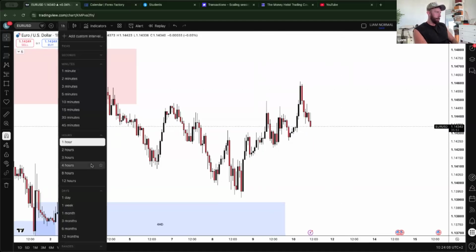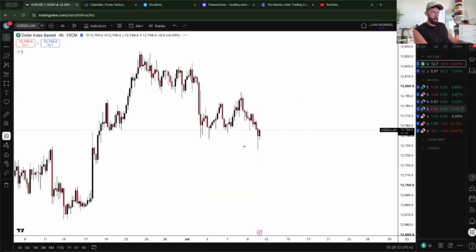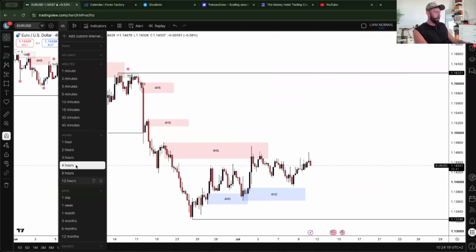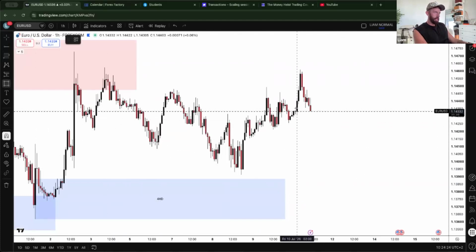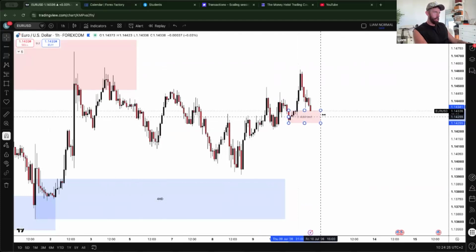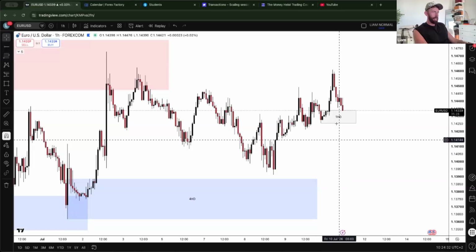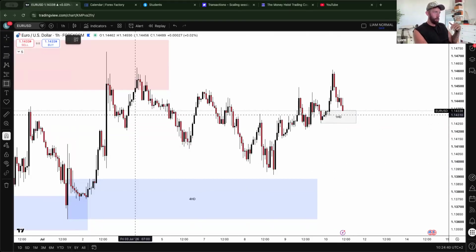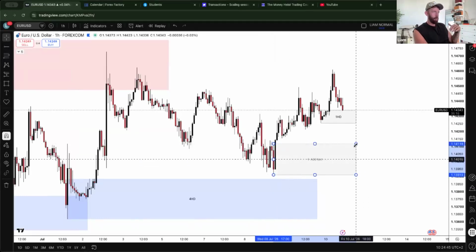But looking at the scenario from another perspective, if you look at the dollar, when we get to this 4 hour supply, could this be vice versa for the euro? And looking at the 1 hour, we are now coming into this area of demand, so it's going to be interesting to see what happens from this 1 hour demand. If the dollar is a bit slower to get to that supply, the market could come into the lower parts of this and potentially even down here into that 1 hour demand.